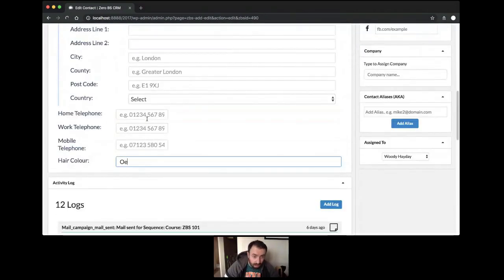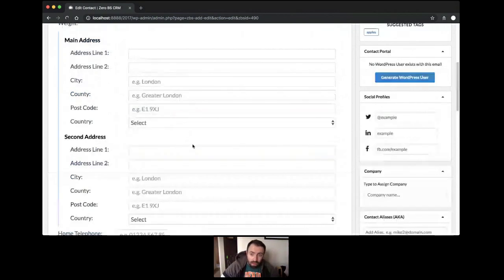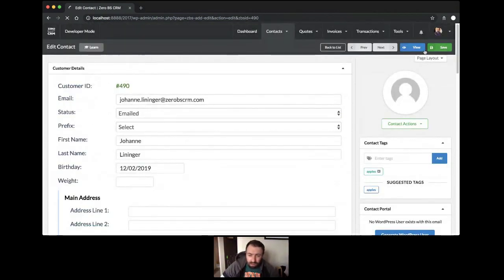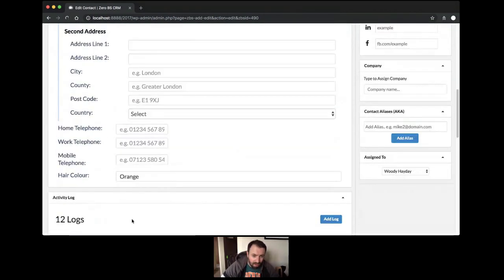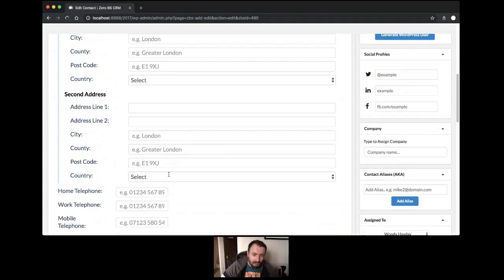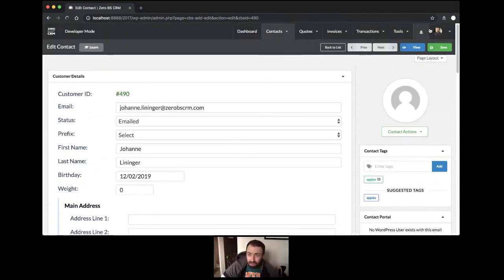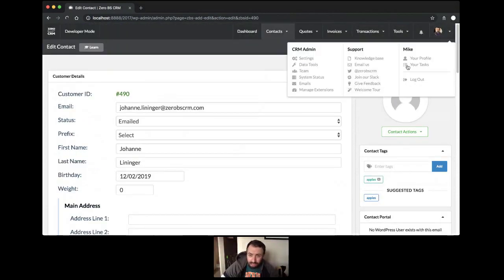Let's say orange. So we've got 3 hair colors, and this is a text field. So if you're importing from a CSV and you've got a lot of different colors, they'll come in as text, but then if you were to change it to a select field,